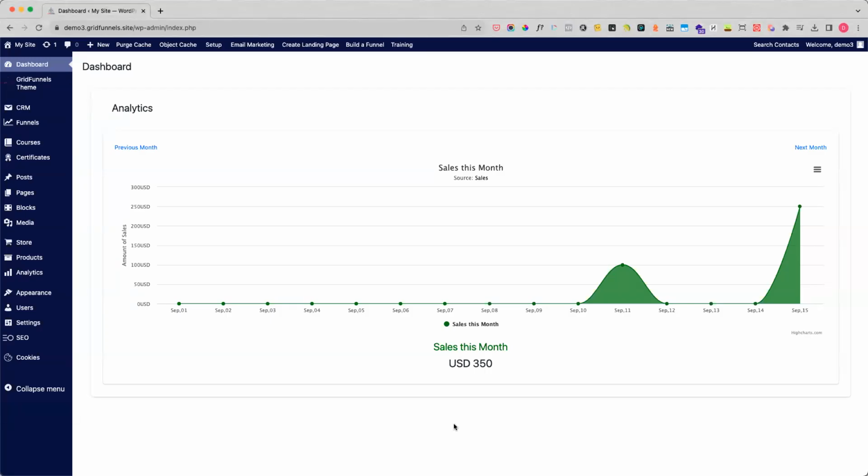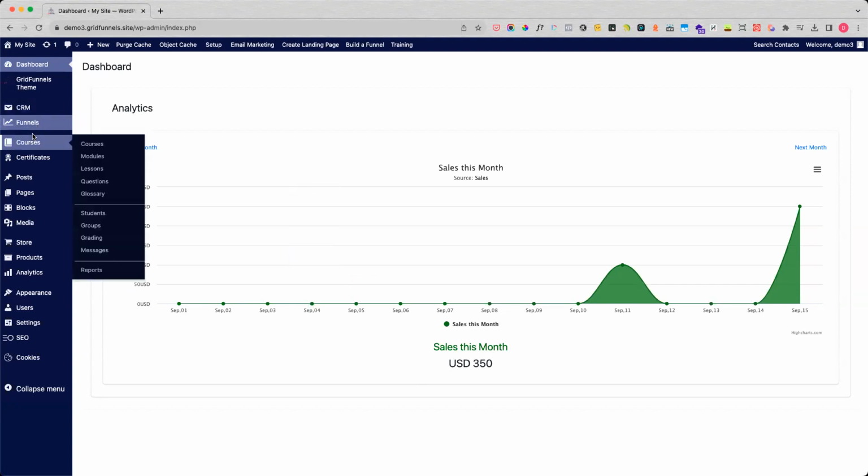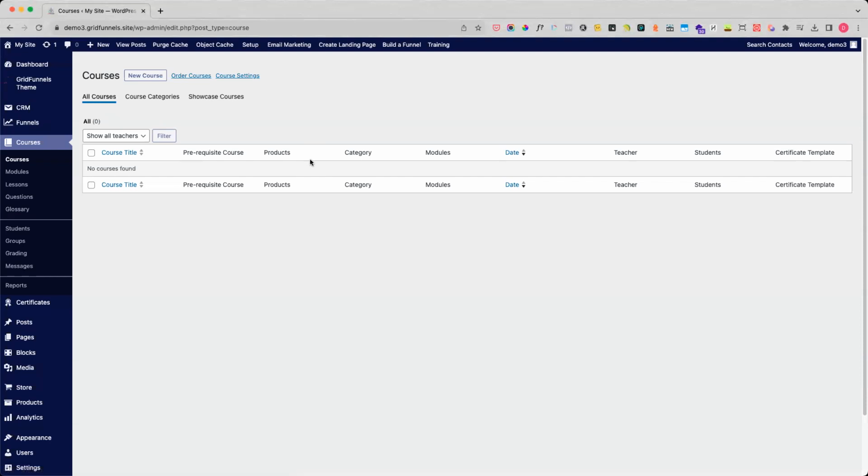Today we are going to create our first course. So in order to start creating our course, we go to courses and click on courses. And then on the top left side, we have our button to create a new course. We click on it